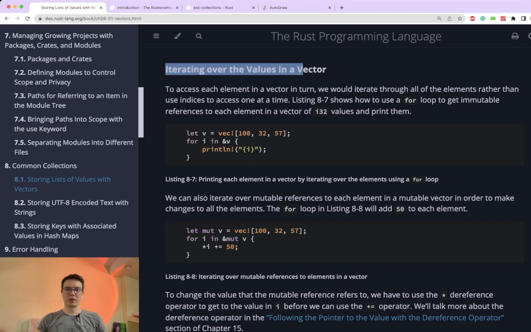So, iterating over the values in the vector. Oh, iterating, cool. To access each element in a vector in turn, we would iterate through all the elements rather than use indices to access one at a time. Listing 8.7 shows how to use a for loop to get an immutable reference to each element in a vector of i32 values and print them. So for in,